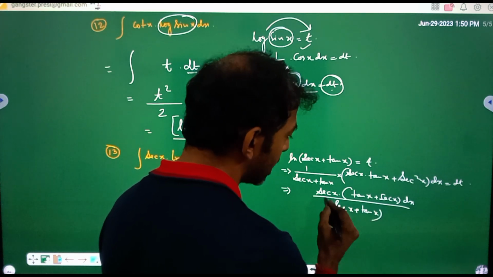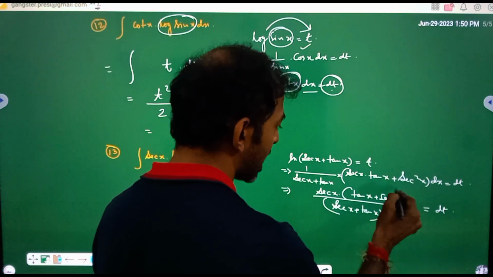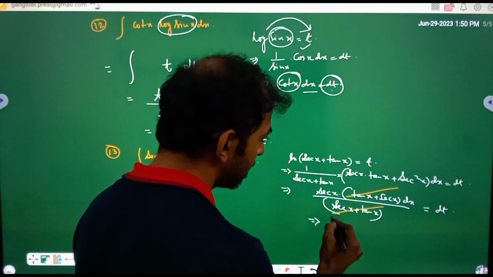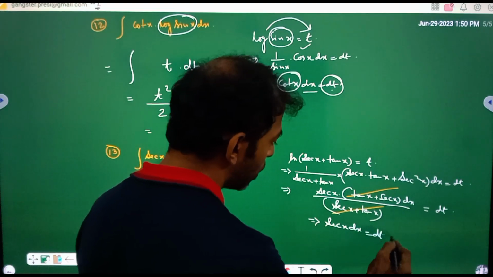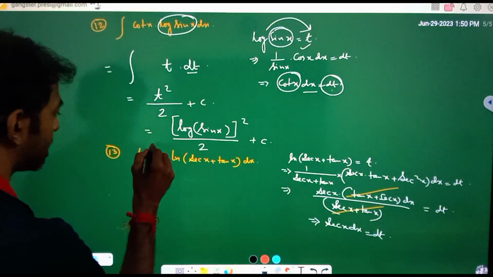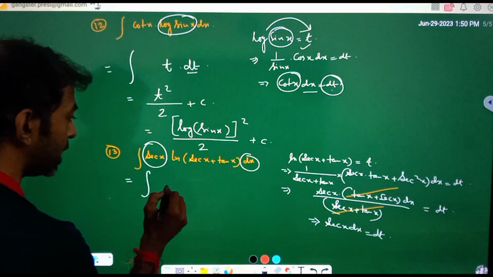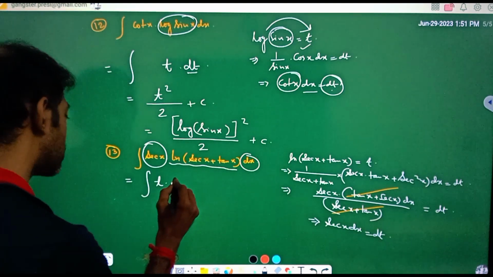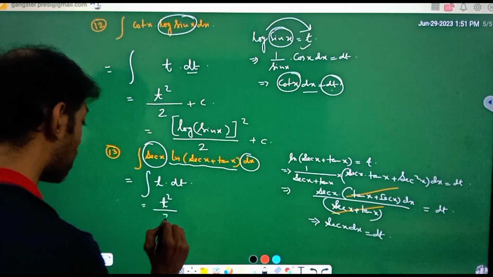That's going to cancel each other, and that will be equal to dt. So sec x plus tan x will cancel each other, and the result will be sec x dx equals dt. Okay, so that's our sec x and that's our dx, and that will be substituted by dt, and log of sec x plus tan x is substituted by t. So the result will be t dt, and the ultimate result will be t square by 2 plus c, where